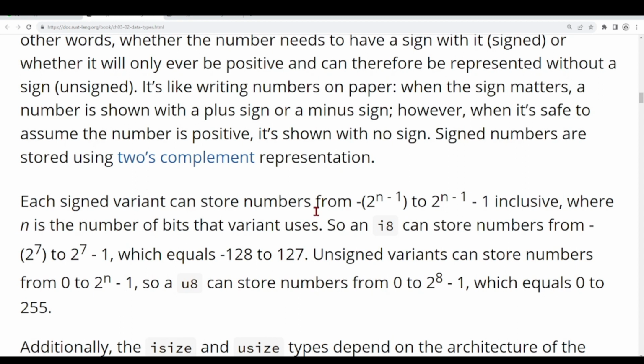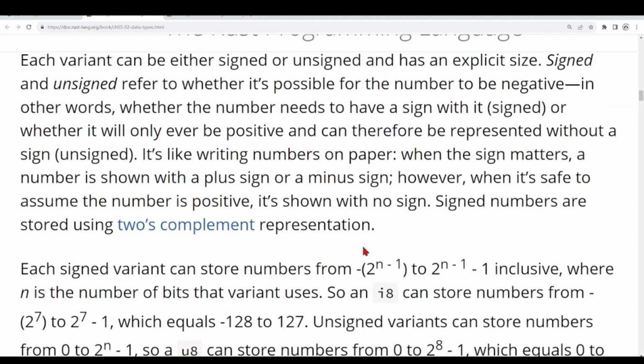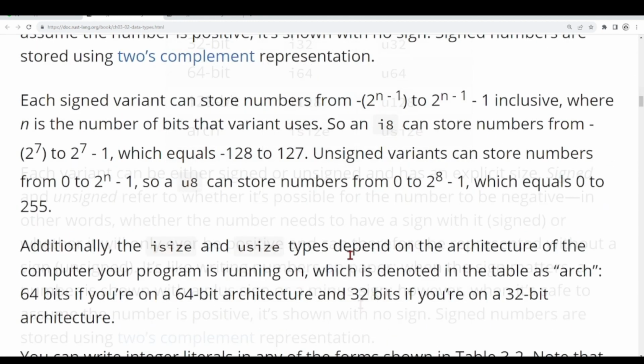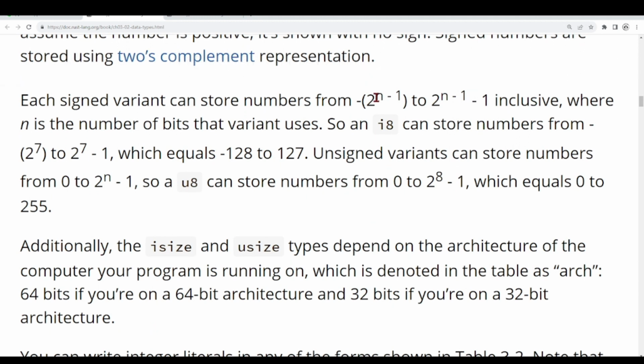So for example, if we take an integer with a signed 8-bit, so then we replace here n with 8, n is equal to 8, and then we can store from -2 to the power of 7 until 2 to the power of 7 minus 1. And that means that it goes from -128 to 127. If we don't use a signed variation but use an unsigned variation, we can store numbers from 0 to